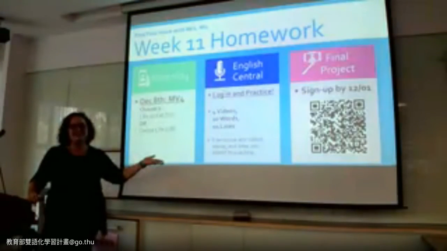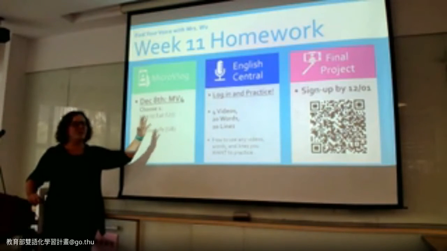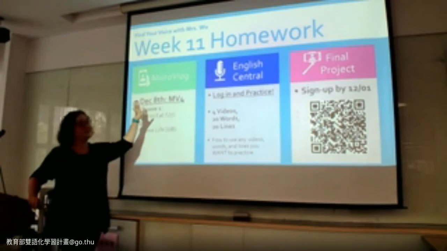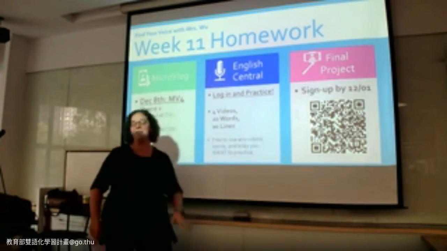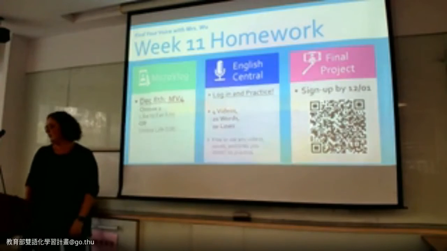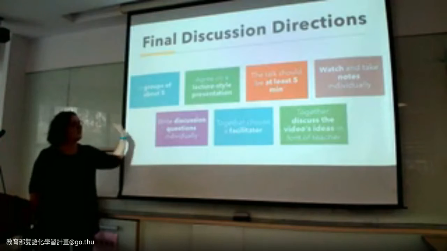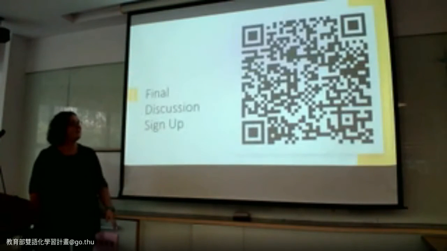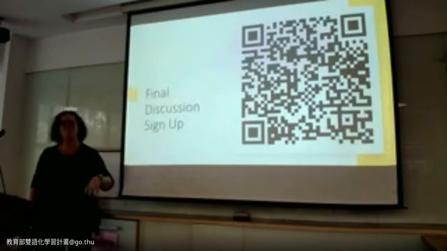Make it as explicit as possible. Like I could give this instructions with lots of words, or I can make it very concrete and break it up as here's exactly what I need you to do. And all semester long, it's always 3 categories. Microblogging, English Central, final project. Every single time they're doing the exact same thing in the exact same order. Again, directions. I took away all the animation for the purpose of this, but I make everything as visual as possible, breaking it down into steps so it's easier to process.